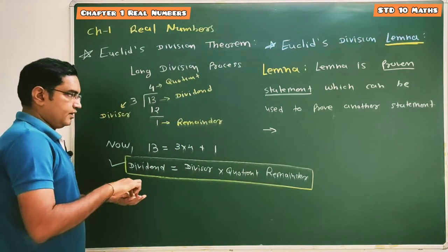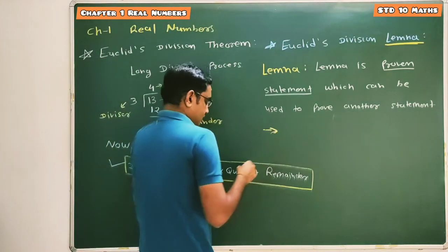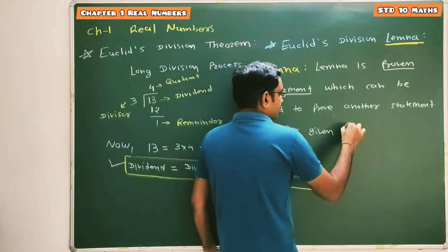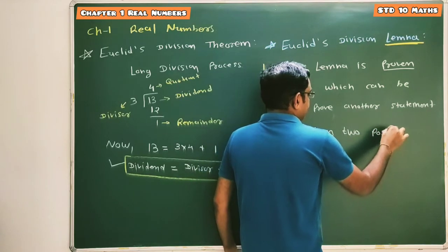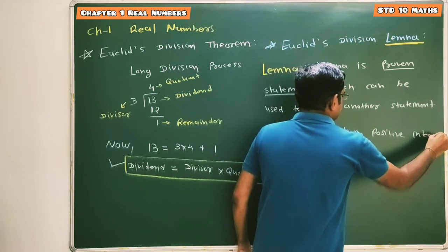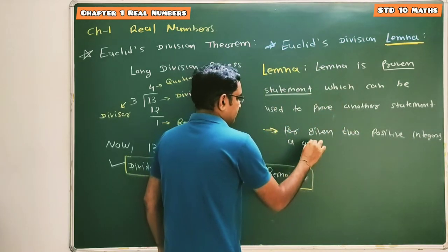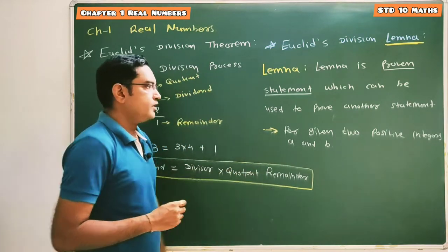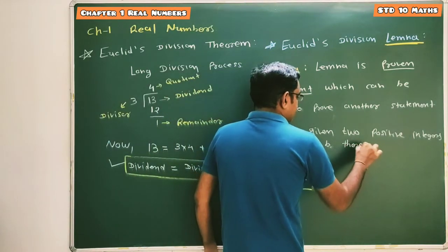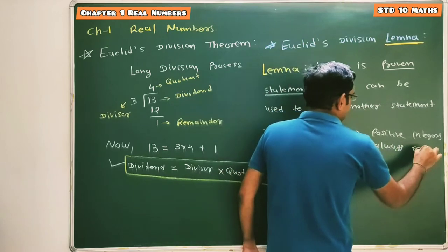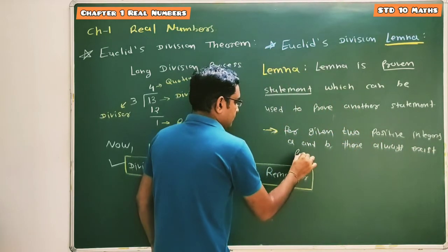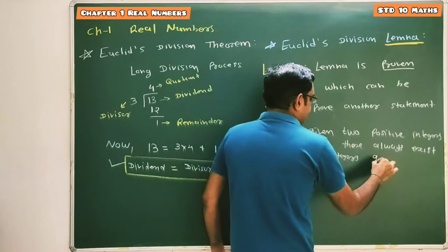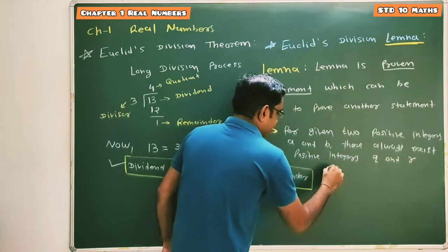So what is Euclid's division lemma? That statement is: for given two positive integers a and b, there always exist positive integers q and r such that